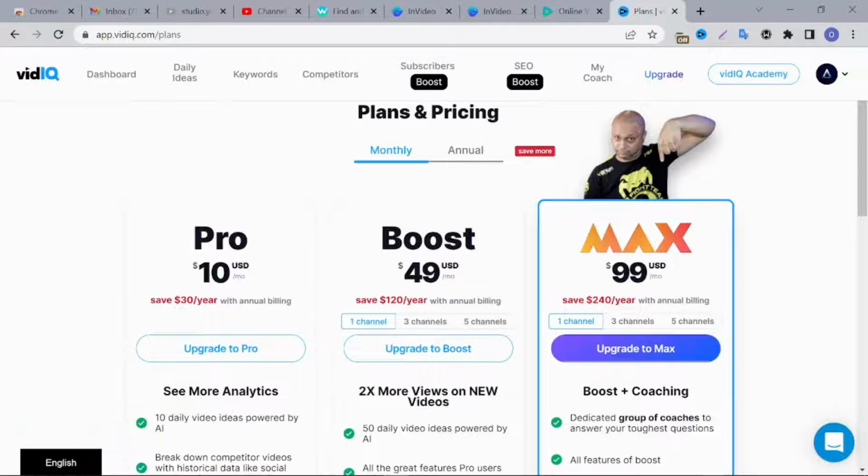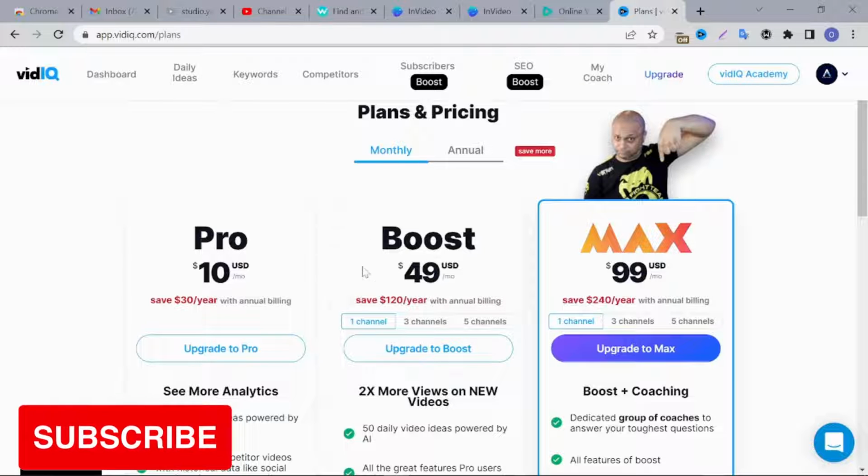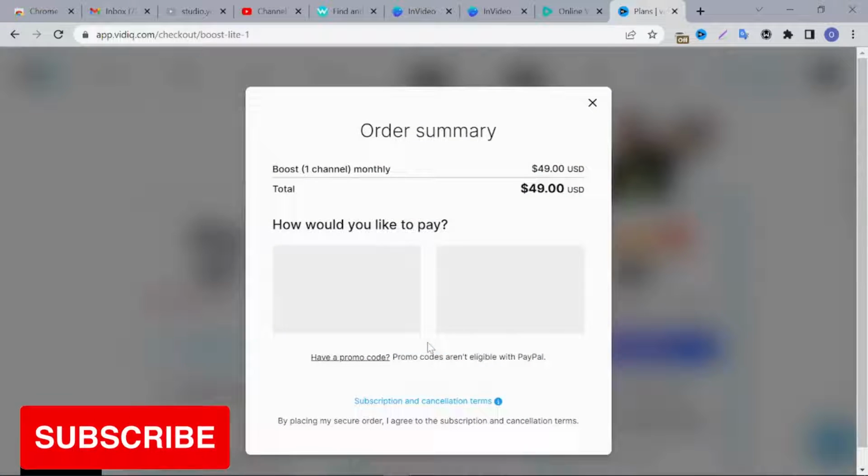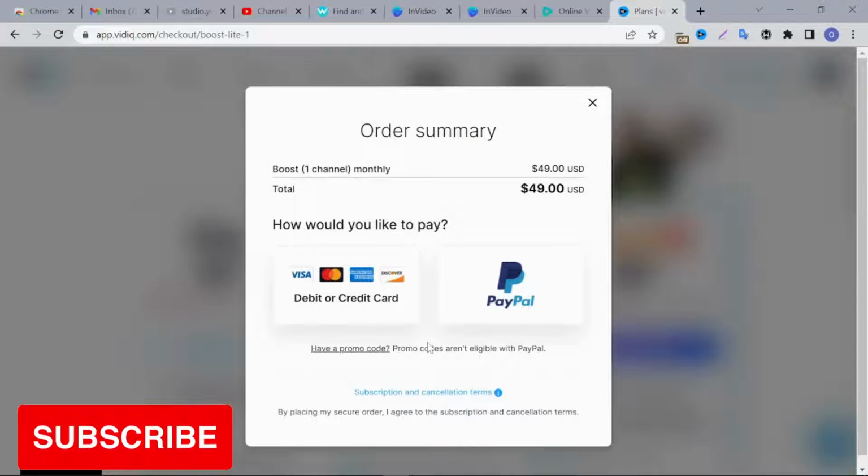So this trick works for this Boost plan. Don't click this one, don't click this one. It will not work. It works for this one, and this one is the perfect one because it's awesome. One channel upgrade to Boost. Okay, so now it says for $49 you can either pay with your debit card